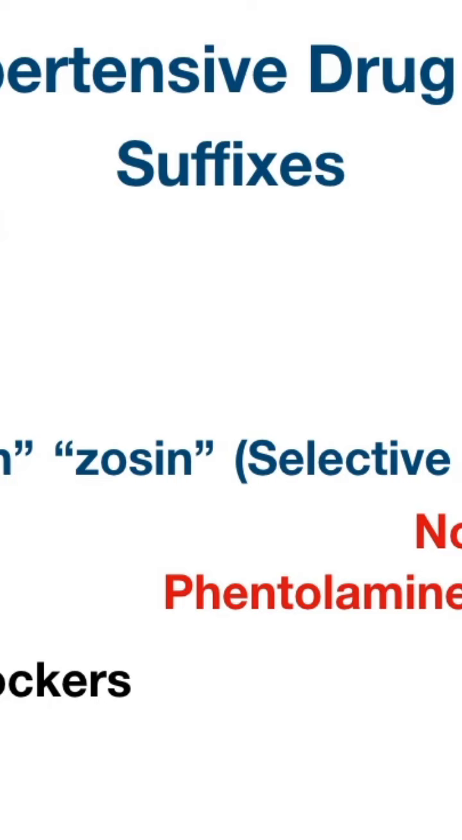The alpha blocker video will go into more detail on both the selective and non-selective types of alpha blockers, so just make sure you're aware that "osin" applies to selective alpha-1 blockers. Moving on to beta blockers, they have the suffix "lol,"